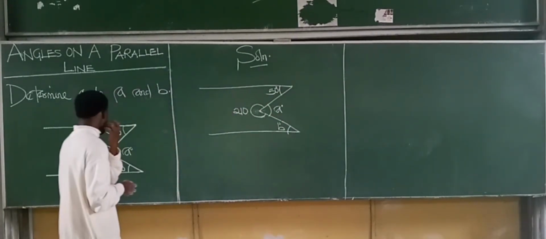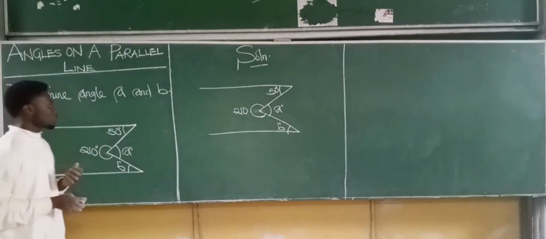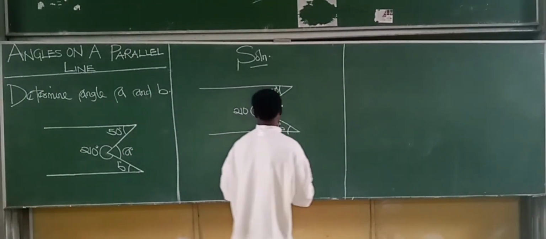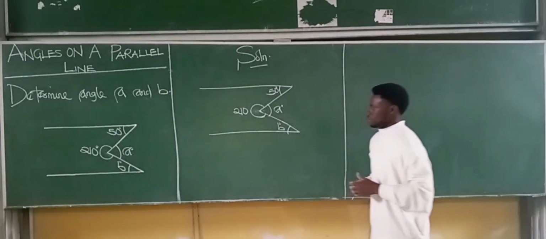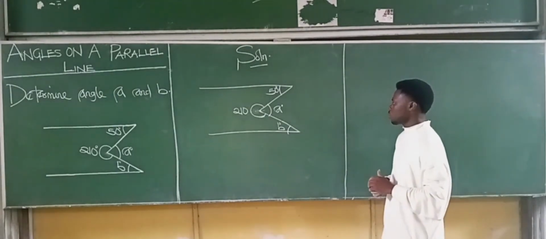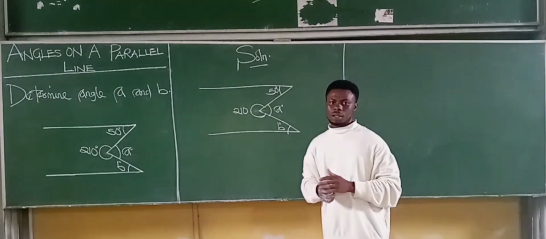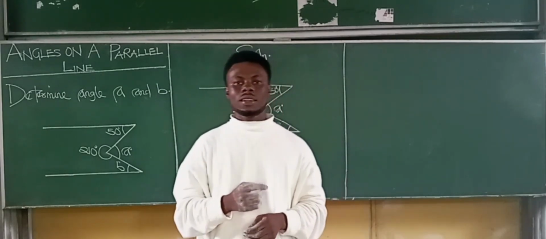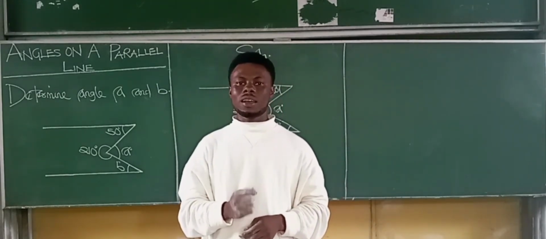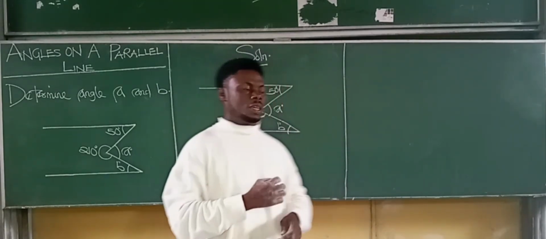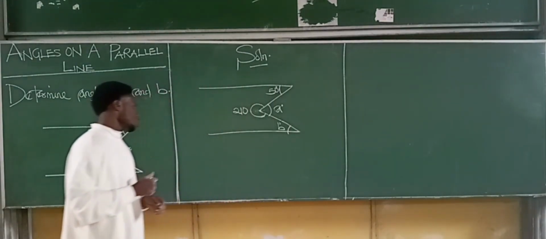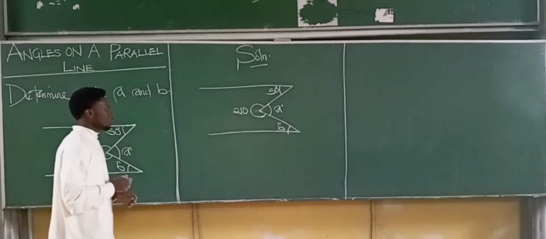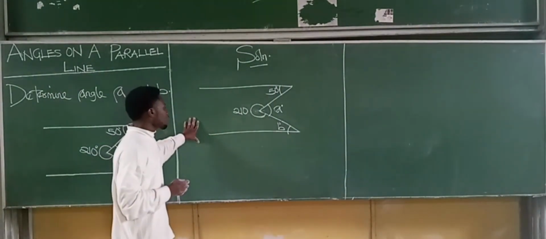Alright, let's reproduce the diagram on the solution. In this example, we have to consider the relationship between the transversal line that was drawn across the parallel lines in our previous video. If you haven't watched our videos, ensure you watch for a proper understanding. Okay, on this diagram we have